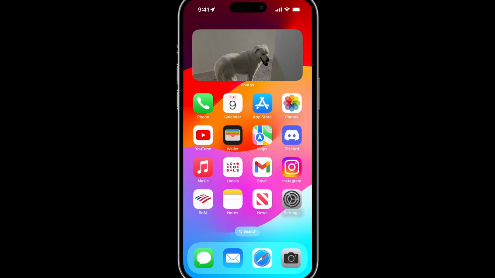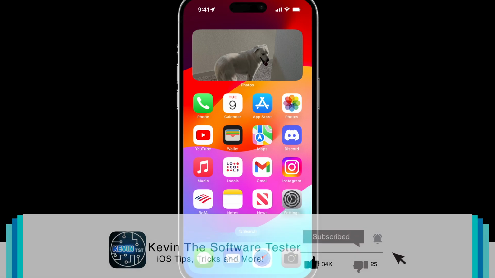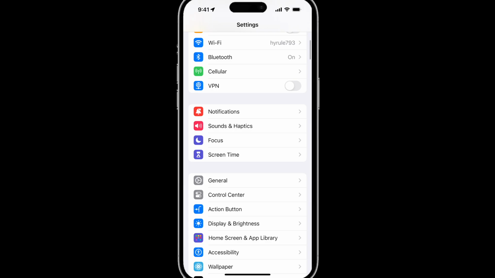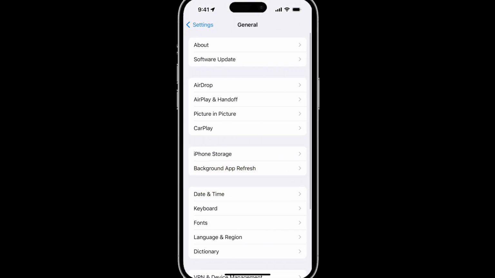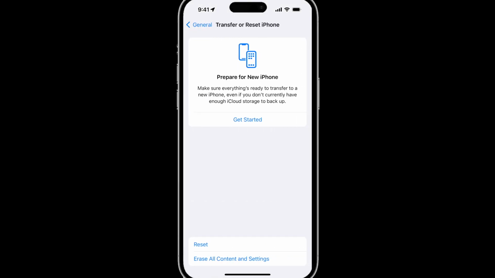In order to reset your iPhone back to factory settings or to erase any other settings, tap on Settings, and then tap on General, scroll down, and under Transfer or Reset iPhone, tap on that. Now you get a